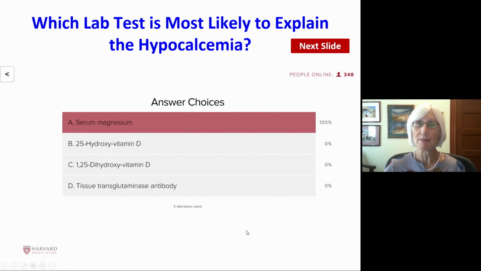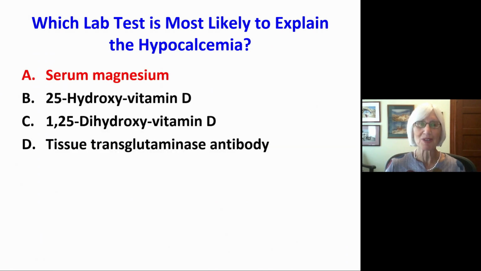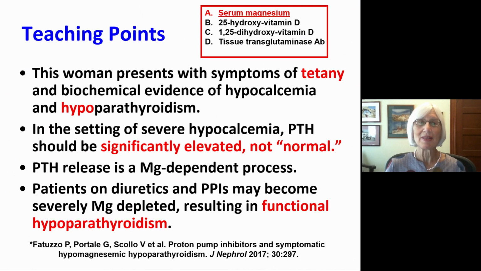For sake of time, I'll just give you a few moments, and all of you, the 8 of you who voted, got it right, so I'll stop with success. And the answer is magnesium. This is a woman presenting with near tetany and hypocalcemia with hypoparathyroidism. In the setting of severe symptomatic hypocalcemia, PTH should be very high, not normal, but it turns out PTH